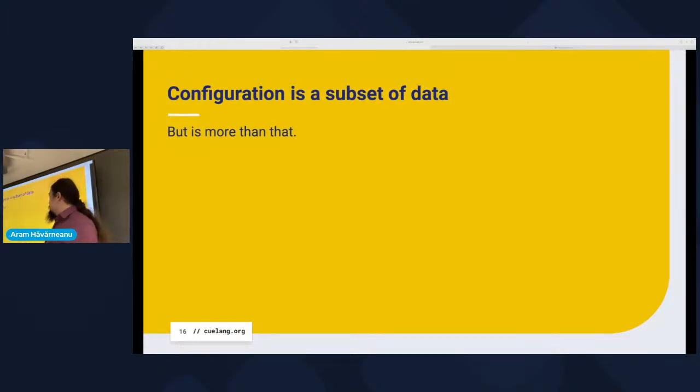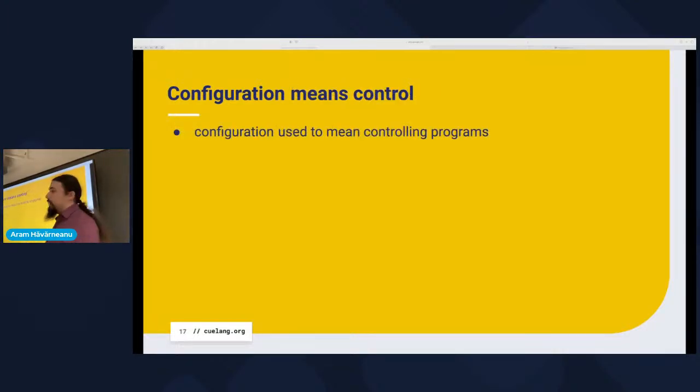we use configuration as a way to control the programs. And we still do that today. I mean, Nginx and whatever daemon you're using has a configuration file that specifies properties, like, for example, we want to listen to a single Ethernet interface or something like that. So configuration is a means of control. And up to very recently, it pretty much meant controlling the computer or the operating system. But nowadays, of course, it means controlling the cloud.